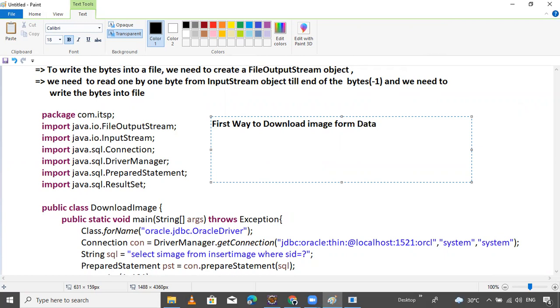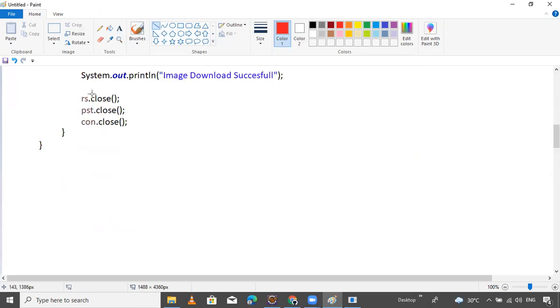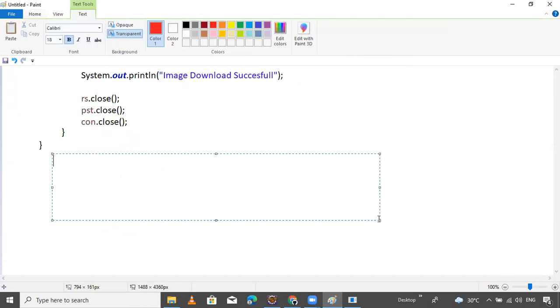First way or the logic, it depends on logic. First way to download file from the database. And here I'm writing: second way to download file, download image from database.